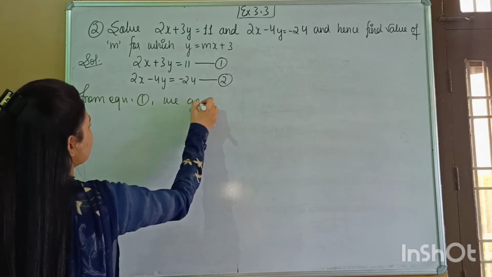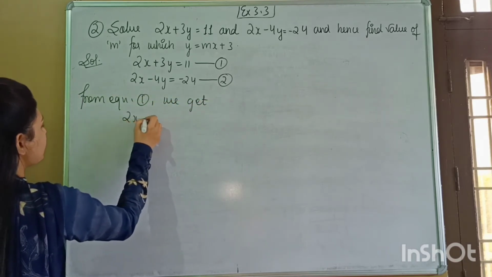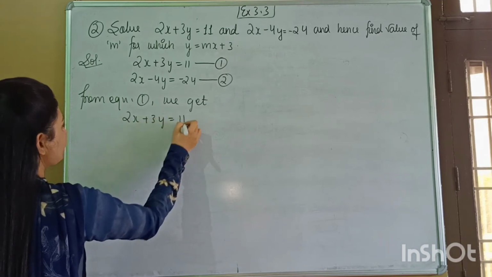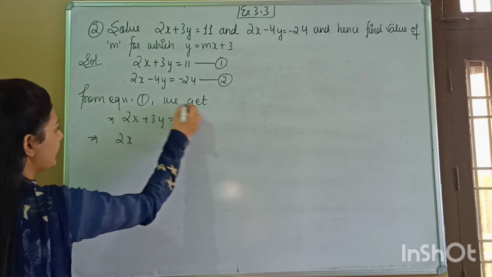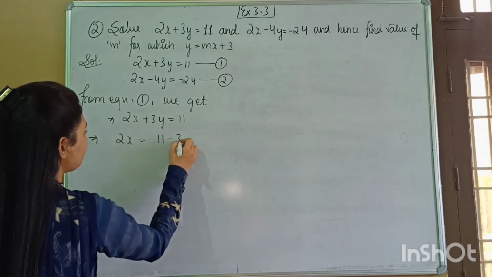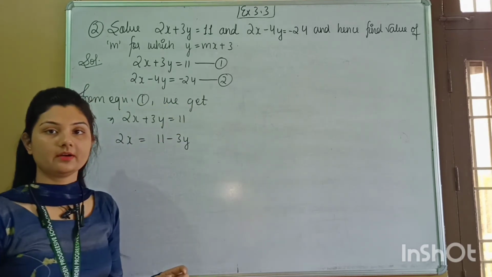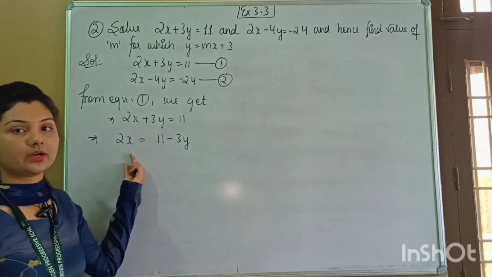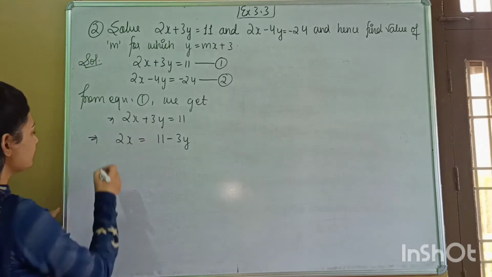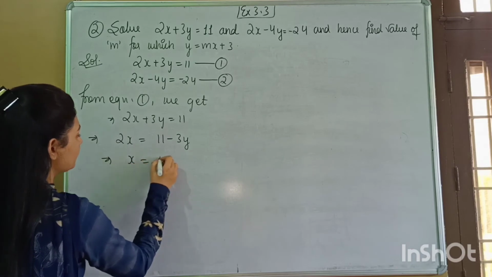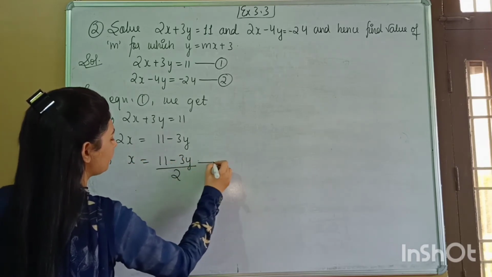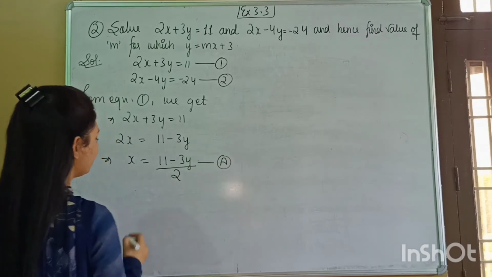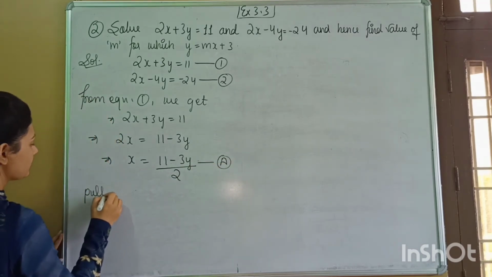we get 2x plus 3y is equal to 11. Now we will take this plus 3y to the RHS, so it will become 2x is equal to 11 minus 3y. Now again 2 is extra here, so we will take this also to the RHS, so it will go in the denominator, so the value of x is 11 minus 3y divided by 2. Now putting this value in equation 2,